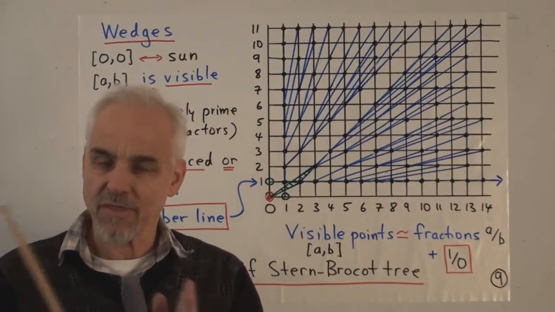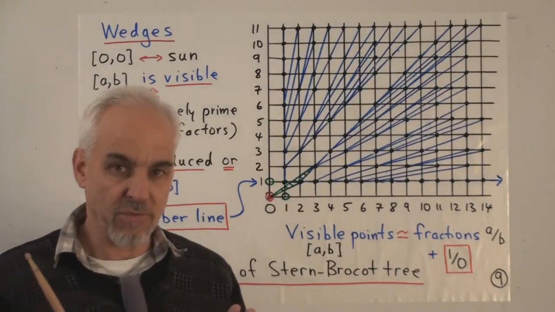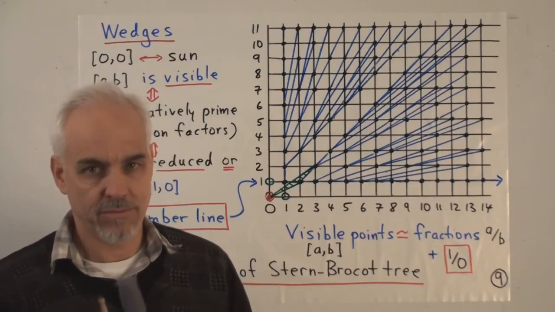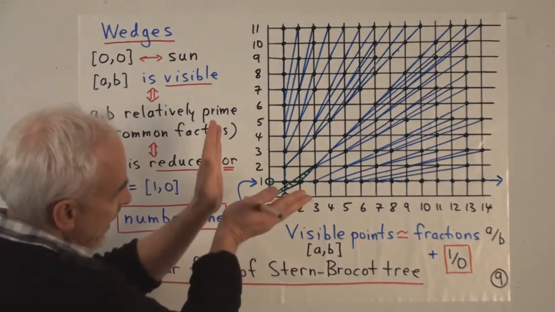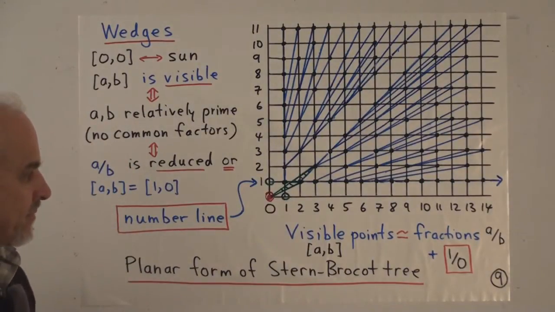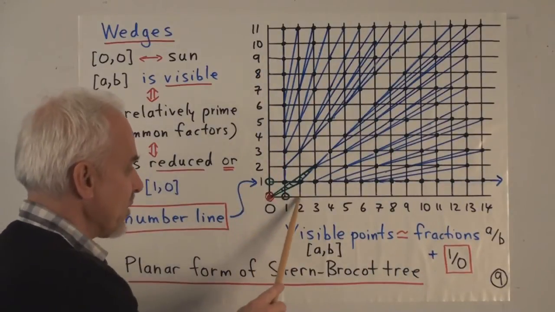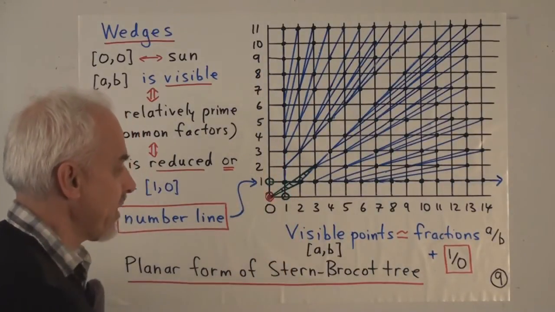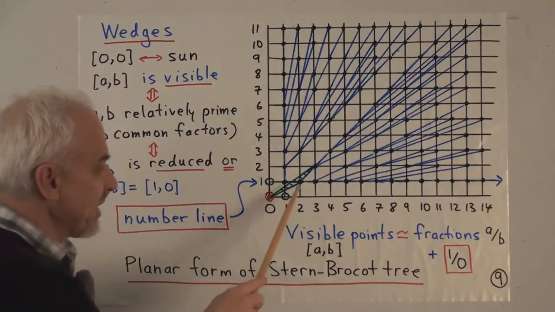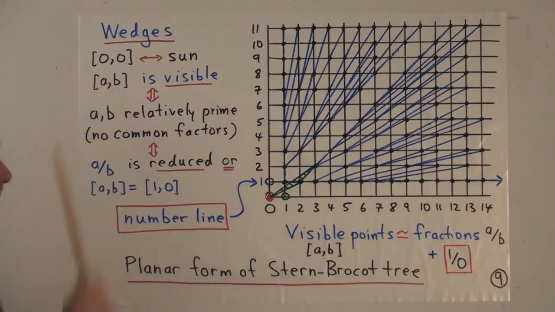So I now want to introduce a third version of the Stern-Brocot tree. This is a geometrical realization of the tree in the plane. More specifically in the positive upper quadrant of the plane. So here we have the x-axis, the y-axis labeled 0, 1, 2, 3, 0, 1, 2, 3, and so on. We have the various integral lines and the various points on the plane represented by ordered pairs A and B.